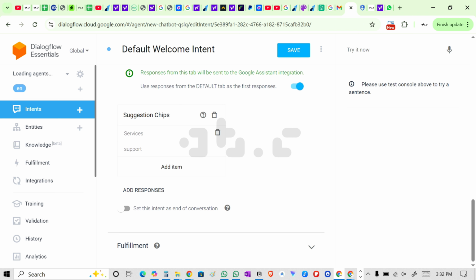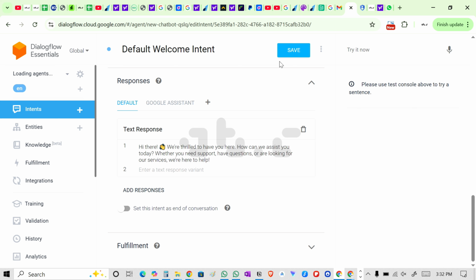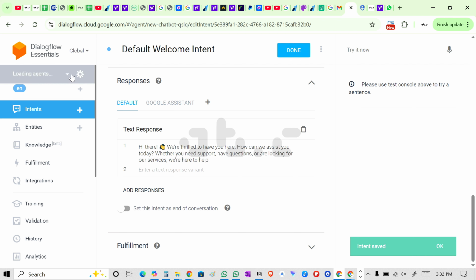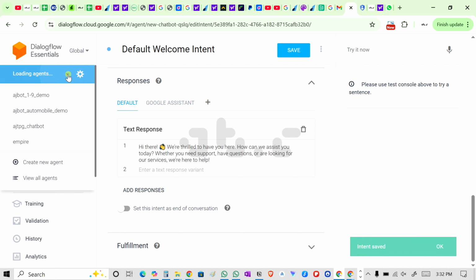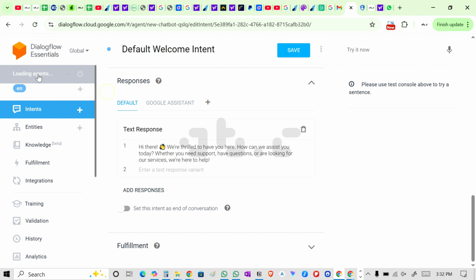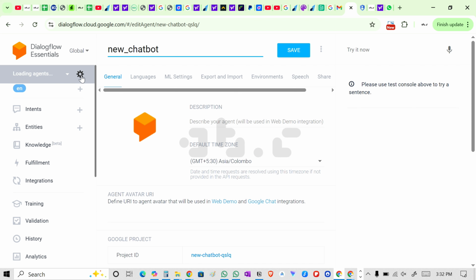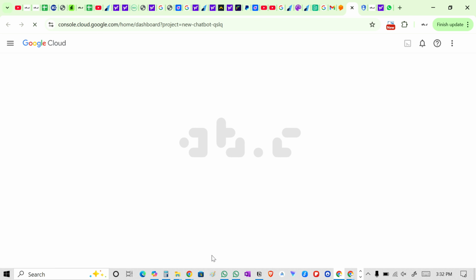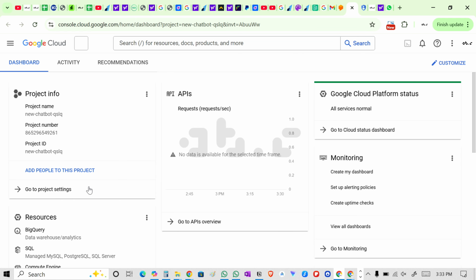Okay, then save it. Okay, it's saved now. Then beside your agent, click on the settings button, click on the project ID, click on go to project settings,